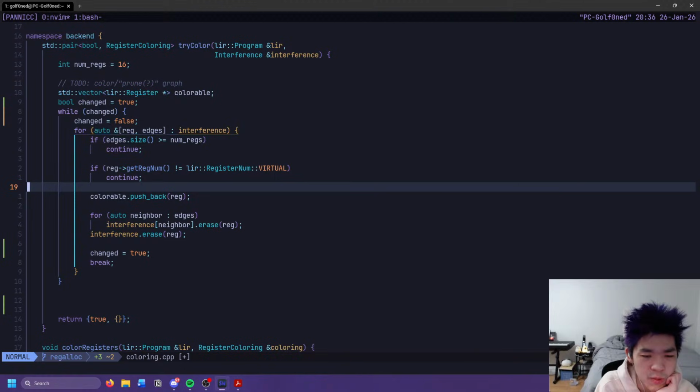But something seems wrong here. Yeah, this doesn't make a lot of sense to me. So what registers are left, I guess? Oh wait, no, this should be fine. This should be fine.